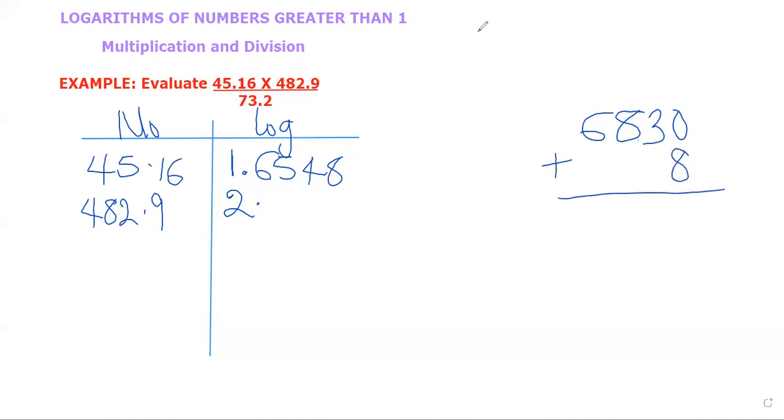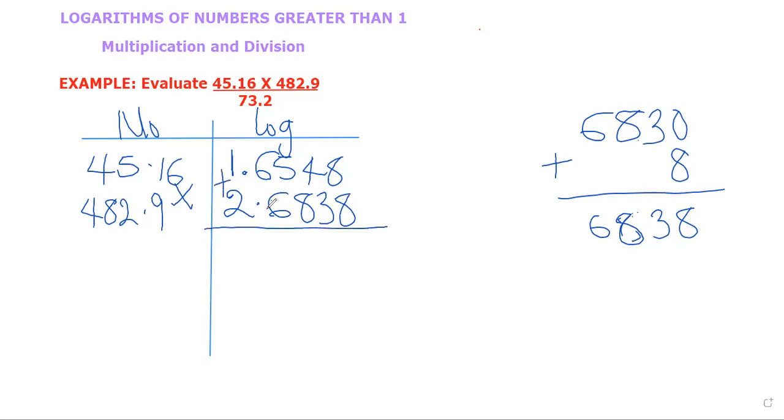So add up. That will give us 6, 8, 3, 8. So that will be my mantissa part, 6, 8, 3, 8. Remember that it's multiplication here, so by reason of multiplication, I'm going to add. So I'll add up these two. If I add up correctly, I'm going to have